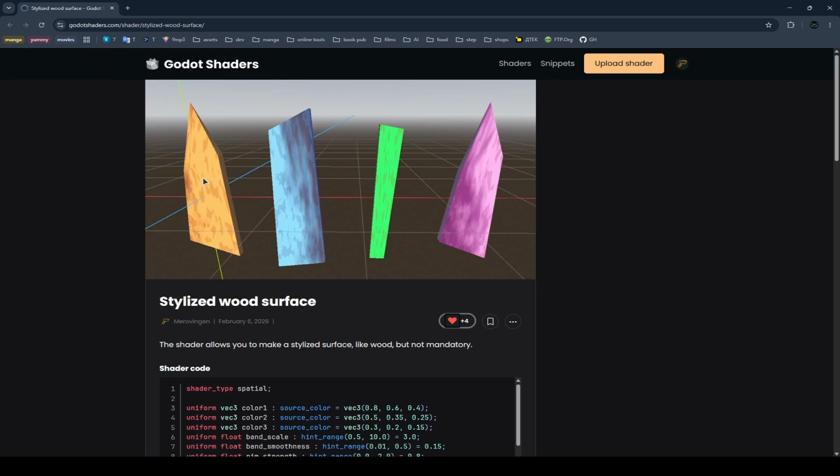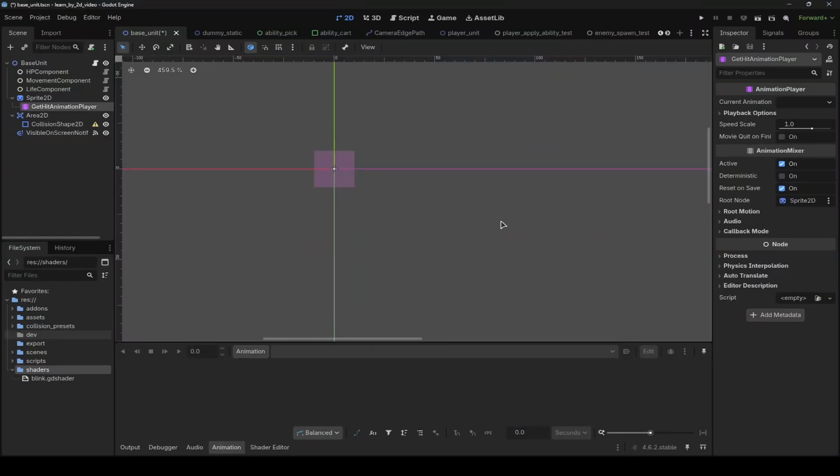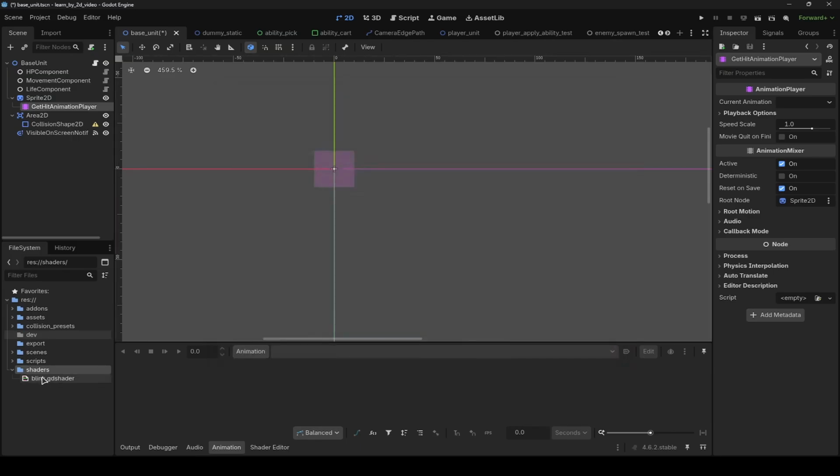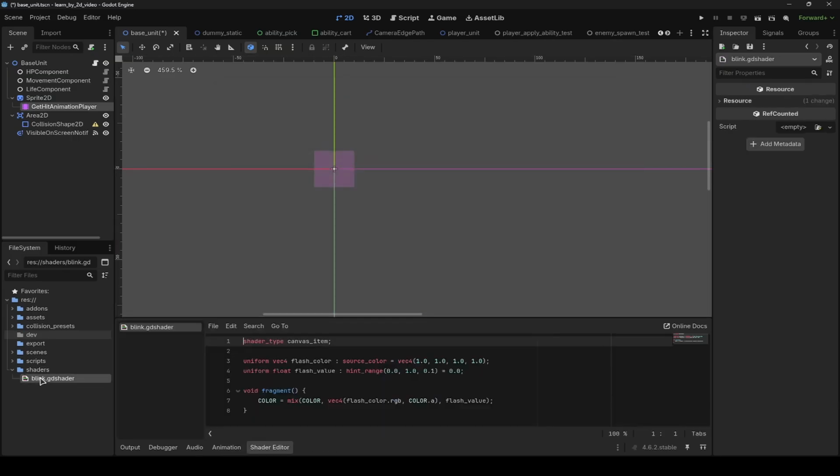It's not an image, it's fully generated and painted by the shader itself with blending effect and the coloring. So how to use an add shader to a game? Well, go find one, copy the code, create in our app the shader in the root shader folder, create a new resource, search for shader, but be careful, there are different shaders, you need just the plain shader, and rename it to blink in our case,